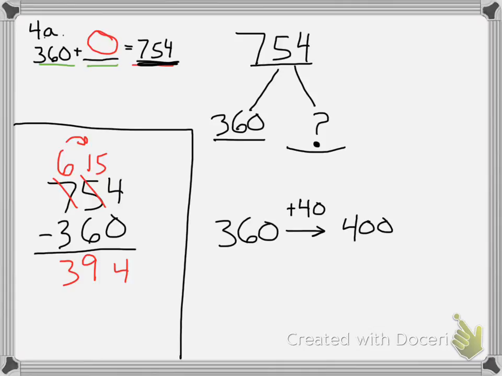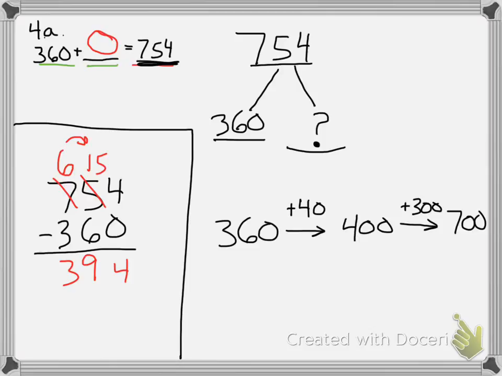So there's 400, and remember I'm trying to get all the way up to 754. So I can go all the way up to 700 from here. All I have to do is add 300, right? So 400 plus 300 equals 700, and then from there I need to add